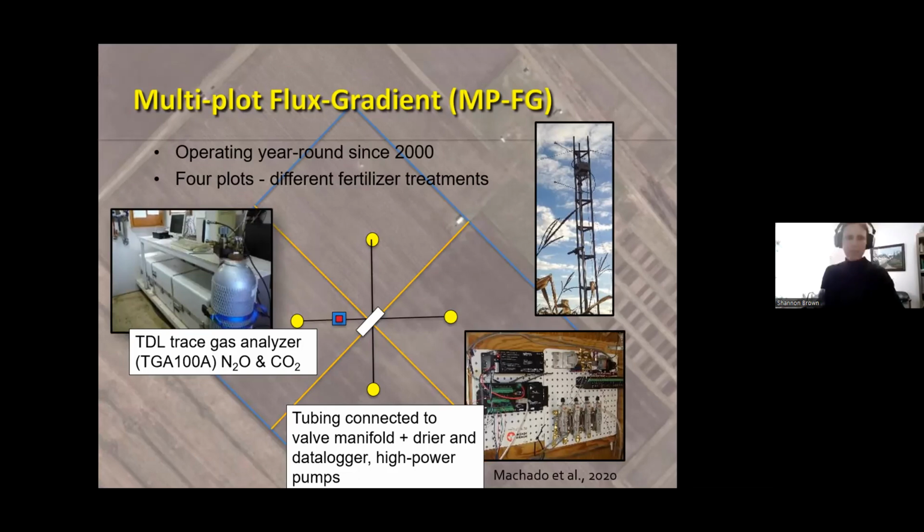The valve manifold switches intakes between sites, and that switching determines which airstream is being drawn into the TGA-100A trace gas analyzer. So this system is measuring both N2O and